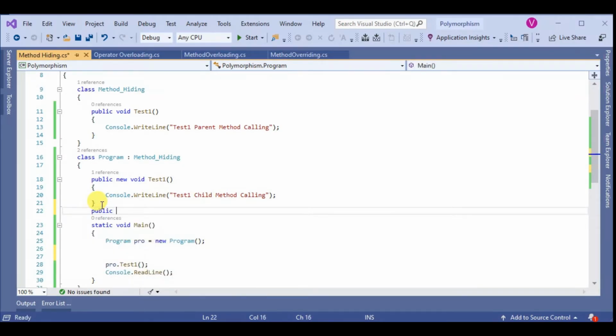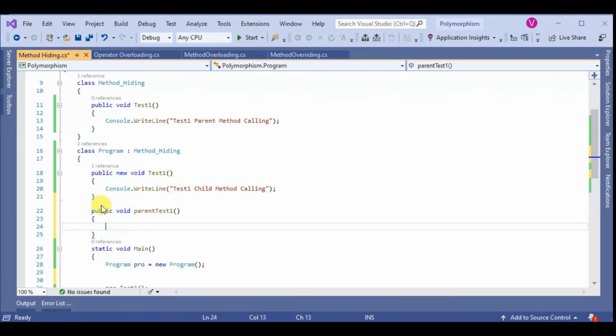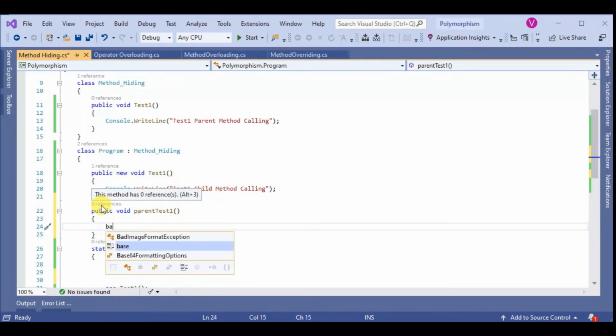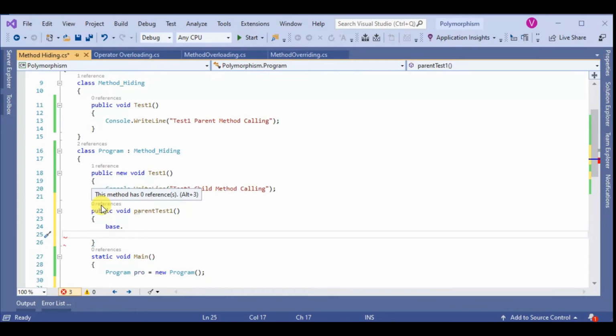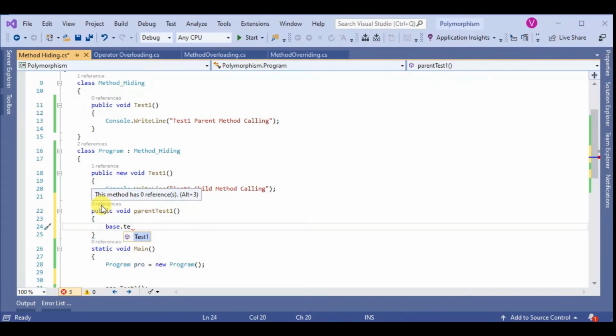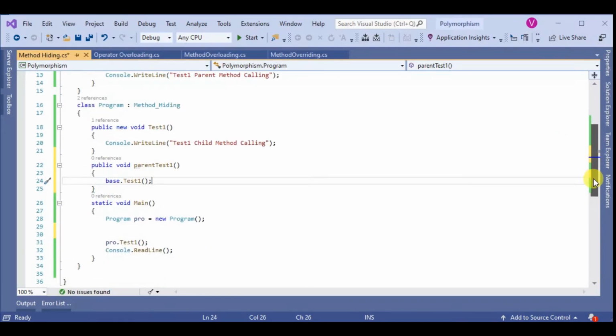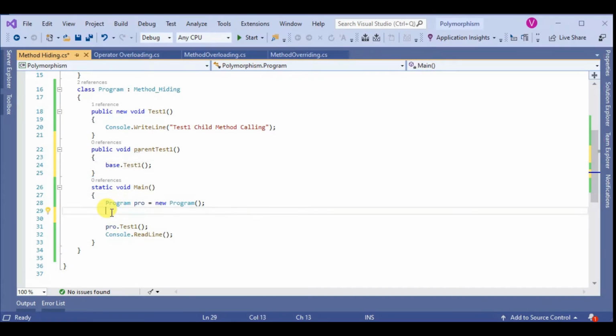Public void parent test1, and base.test1 method, and here obj.test1, save and run.